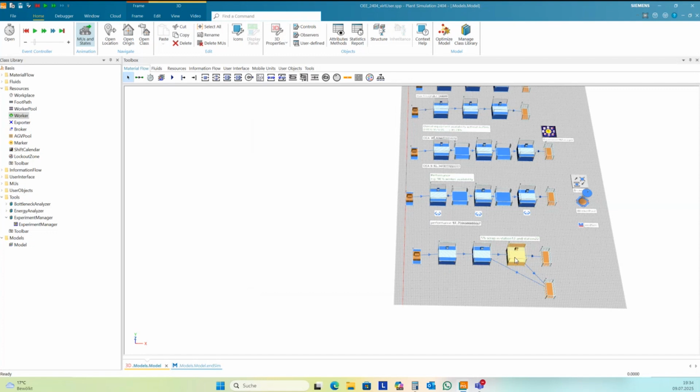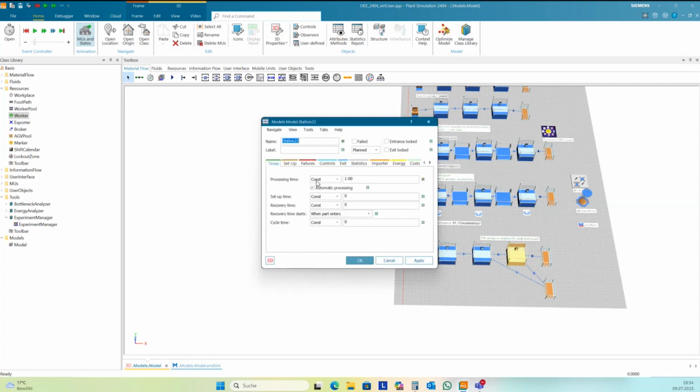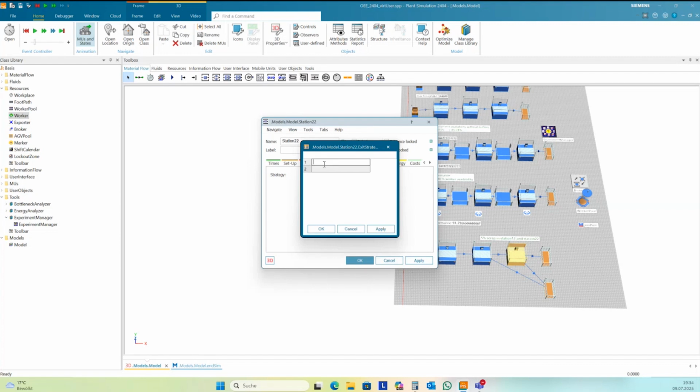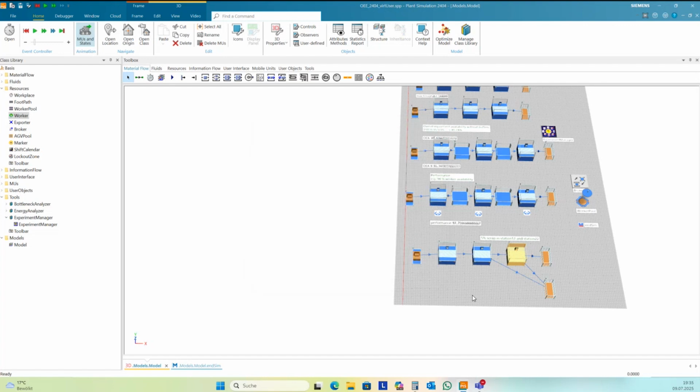And the same here in the last station. Random exit behavior, 95% to successor 1 and 5% to successor number 2.